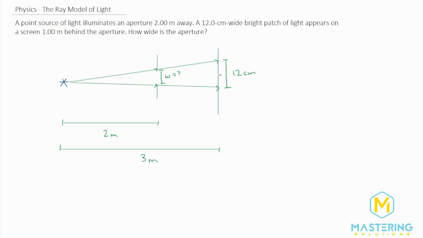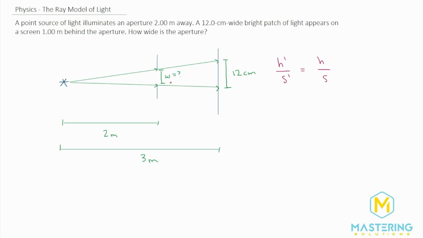Now, we'll talk a lot more about this in the next chapter as well, but an equation that is very, very helpful is talking about image height and object height to the image distance and the object distance. It's introduced in this chapter, and the equation says that the height of the image over the distance of the image is equal to the height of the object over the distance to the object. So it's really just a ratio between the two. And you can see how whatever this ratio is will be the same ratio for over here.